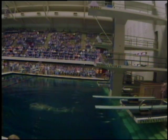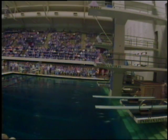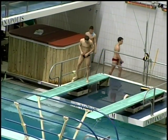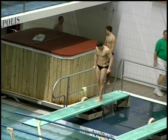Alex Beck from Portage, a senior, with one that the folks here seem to like pretty well. Alec, very nice reverse dive pike. Alec is probably one of the top 2 or 3 rippers in the contest today, and I use that term ripping. That's a sound made when the athlete hits the water,